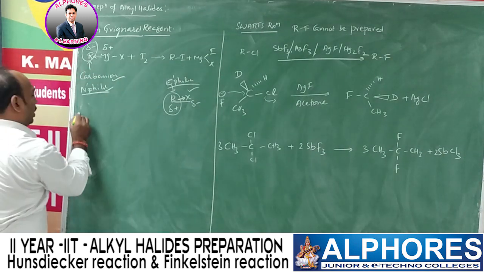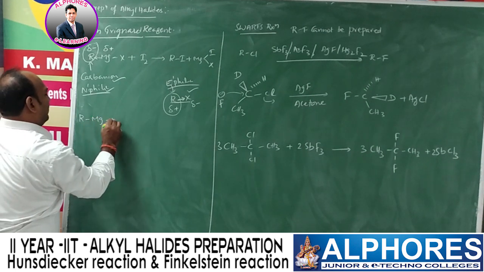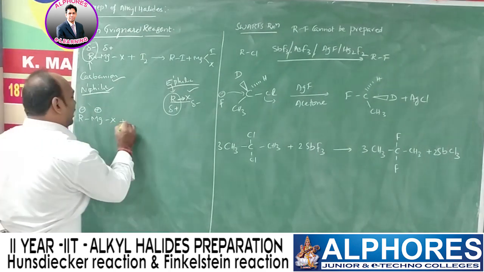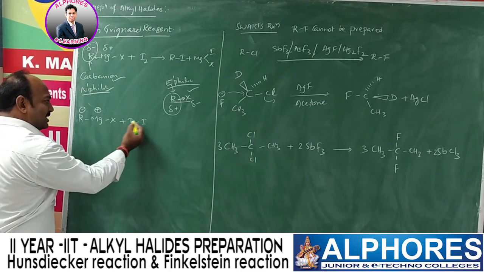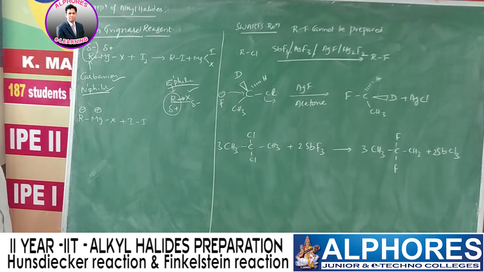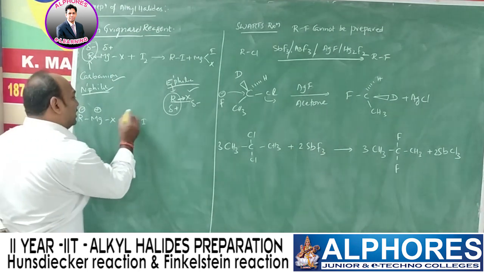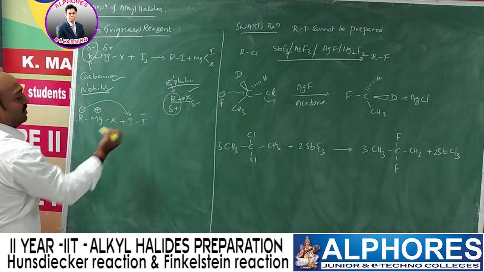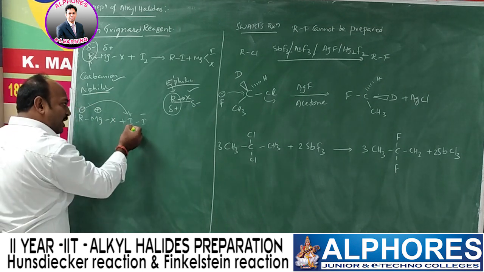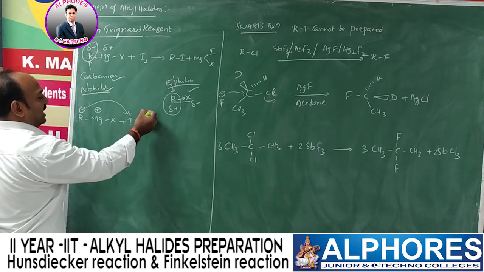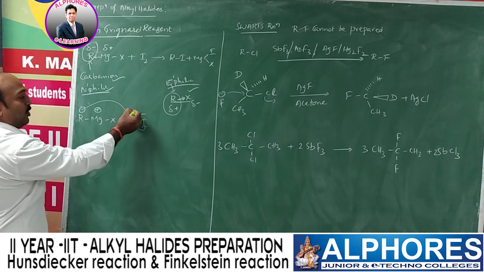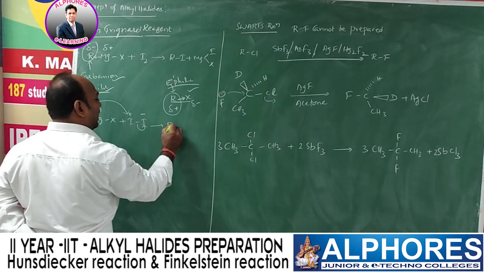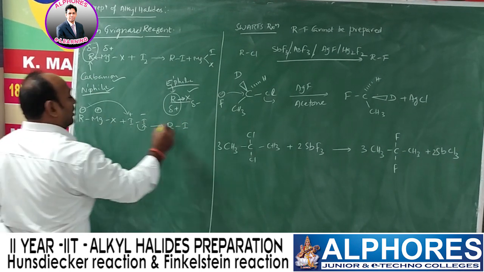Now, in R-MgX, I mentioned that the alkyl group is negatively charged and magnesium metal bears positive charge. But when we are using iodine, since the iodine atom has a large size, the I2 molecule can dissociate as I plus and I minus. Now this R minus attacks the positively charged I, and when R minus approaches, the electrons shift like this. As a result, one iodine acquires negative charge and the other iodine acquires positive charge. Now what product are we getting? R minus combines with I plus and we get R-I, and magnesium with X and I.